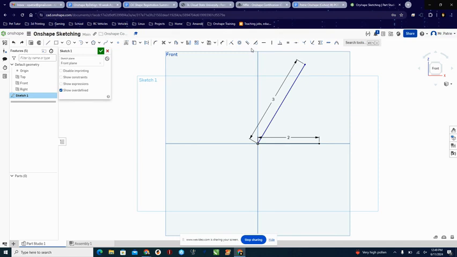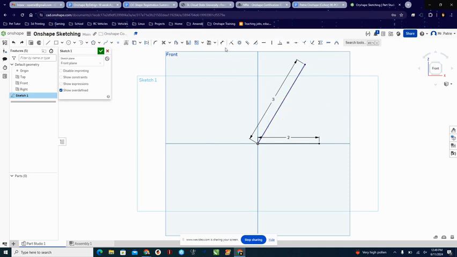Okay. We don't have a tangent. It's already kind of coincident right down there. Parallel, we couldn't make this parallel to that one, but if we had another line here, we could. Okay, we could do equal to make them equal length. All right, you can fix it in place, which means it won't move at all. All right, or